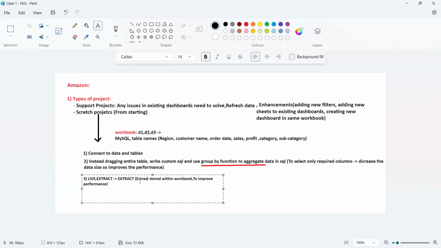Why I can say it will be stored within the workbook means if you share this workbook to any person, right? If you share this workbook to the other person, along with this workbook, this extract will also be sent. Along with this workbook, this data source will also be sent actually. So that is the meaning of extract stored within the workbook. So this is also called embedding data source. Embed extract